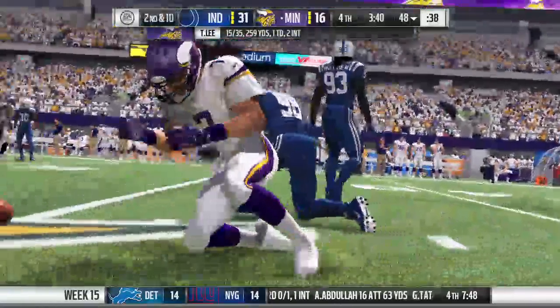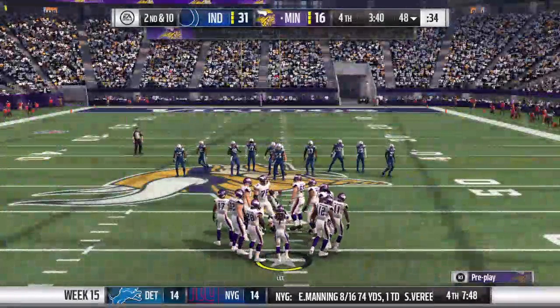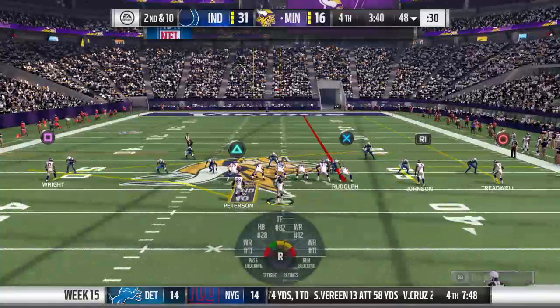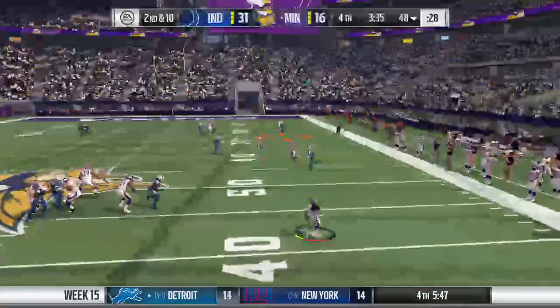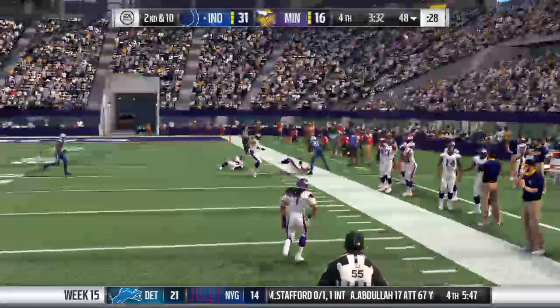And that'll fall incomplete. Well, the pressure, the hits, the sacks have been coming at him all game long. I'm frankly surprised that they haven't found a solution yet to create more time for him to throw it or maybe change what they do on offense. And that's one of the biggest differences in this game. And he's going to be intercepted a 3rd time. Picked off by